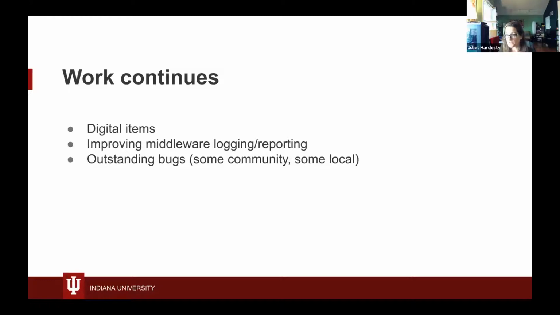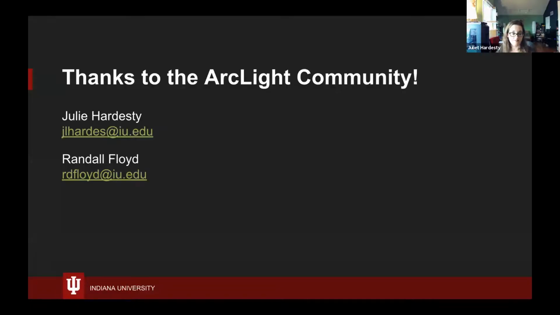Some things are local fixes, such as how downloads work for print versions of finding aids from our setup. And then some are community bugs. Some of the things that Sean was talking about are things that we're interested in looking at too, like adding the EAD elements to the finding aid view that don't currently display. So that's the update that we wanted, the implementation that we wanted to show.